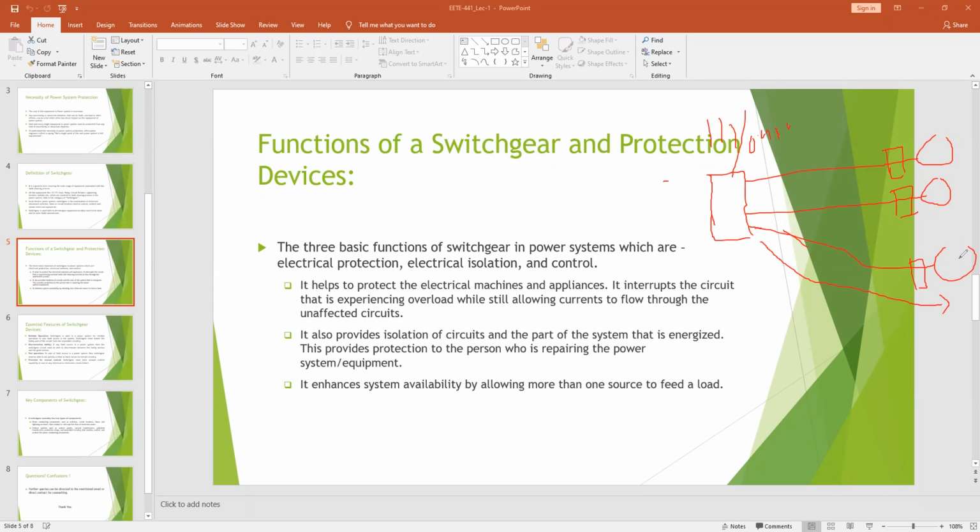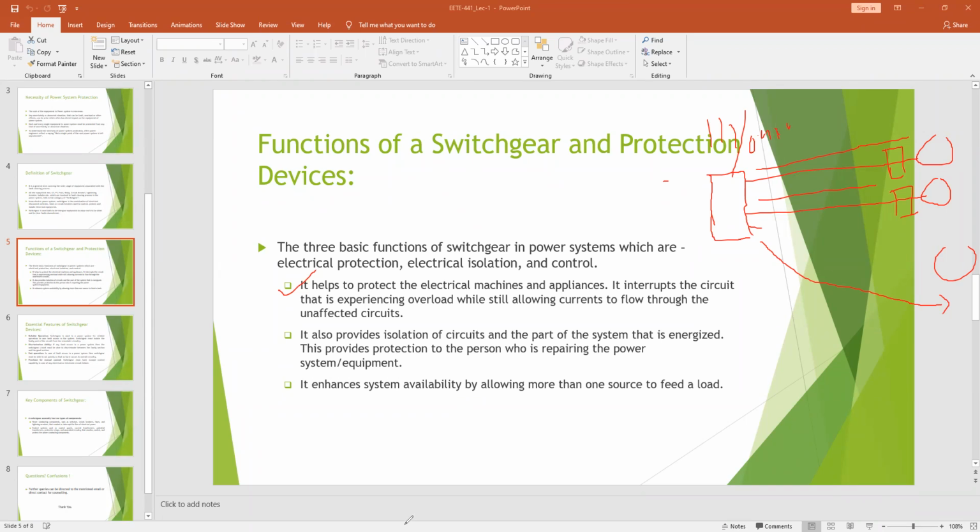So what these switchgear devices do is very simple. You have used the protective devices for your own good. So now your switchgear devices will cut off this portion. It will simply cut off this phase. But the rest of the circuit, which is not experiencing any overload or other abnormal situations, is actually getting full current or full power. So that is what is expressed by this first point, which is called electrical protection.